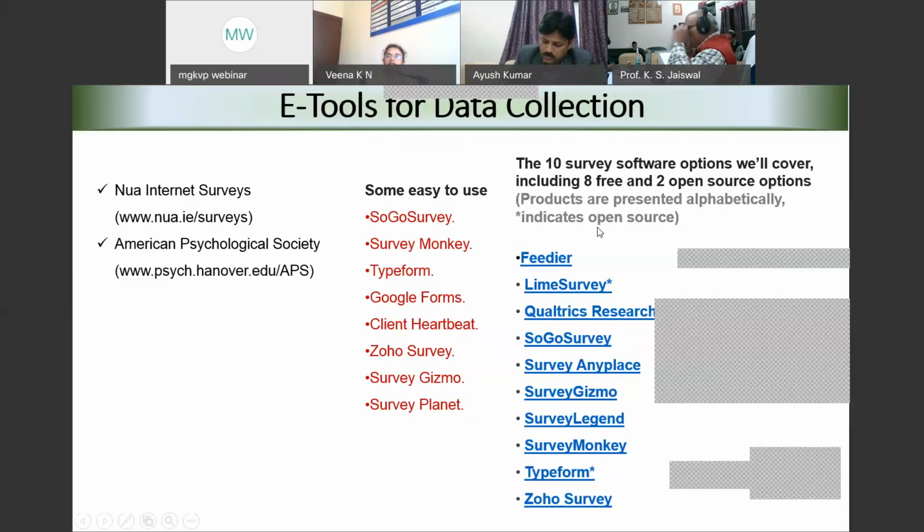Then do we think that the others are not open source? For test purposes, it's open source. But if you want to have the full version, you need to pay money. Whereas LimeSurvey and Typeform full versions are also basically open source. So these open source, online and offline applications are available for all of us to collect the data.